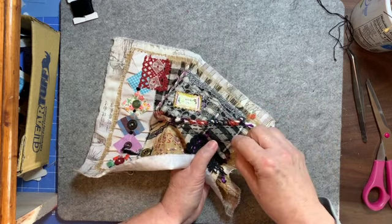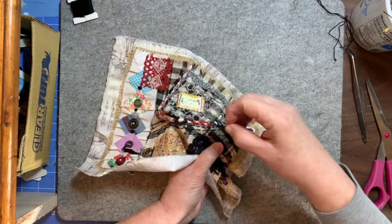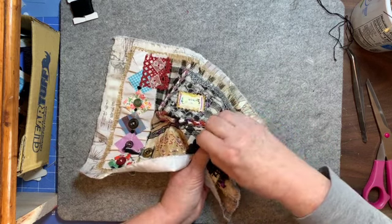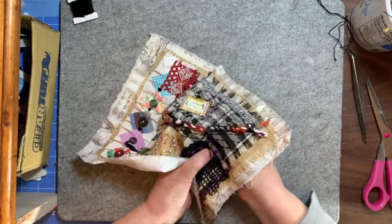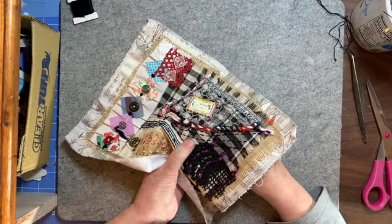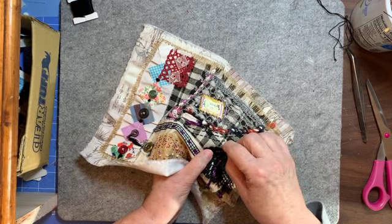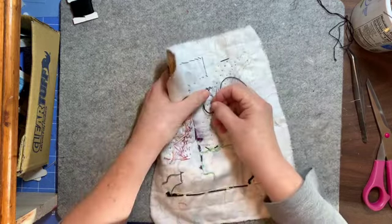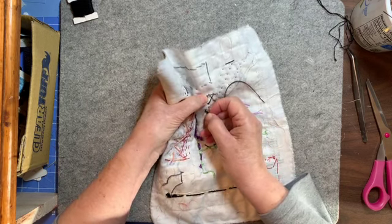It's just so amazing when you think about it, that we live in different parts of this huge planet, and yet we can come to a platform like YouTube and just sit down and stitch together. Unbelievable. And if we want, through the comments, we can talk a little, share a little about our lives and experiences. You know, at my age, technology is not my friend, but I do love parts of it, and that's one of the parts that I love, that we can be connected,